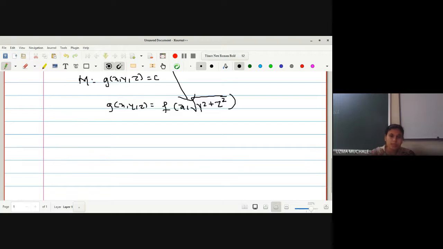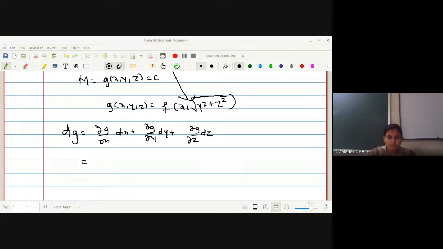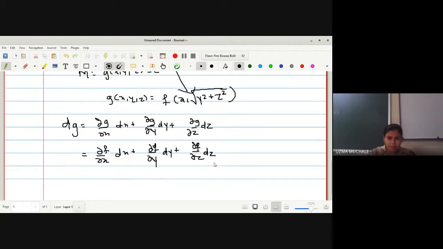Now our aim is to check whether it is a surface or not. So we have to check dg. So what is the dg? Dou g by dou x dx plus dou g by dou y dy plus dou g by dou z dz, correct? Now what is dou g by dou x? Here we have written it with the help of a function f only. f is a function which is known to us. So can I write them simply as f only, because we know the relation between g and f, right? So I can write this as derivative of f with respect to x dx plus derivative of f with respect to y dy plus f with respect to z dz, correct?